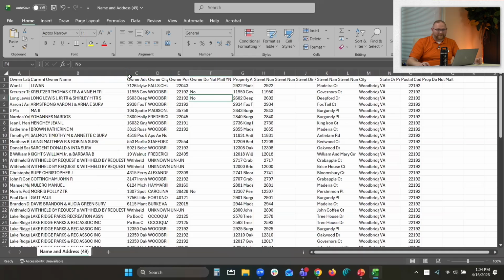Owner do not mail. No. Is no a yes mail or no for mailing? So this one here is on the owner do not mail list. If it says yes, they're on that list. But if it says no, default should be they're no, fine, or blank, because there's still people that don't